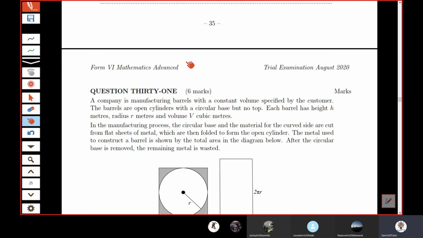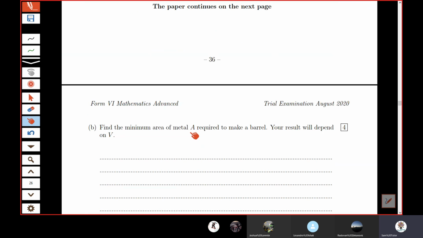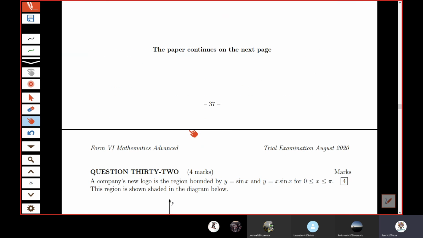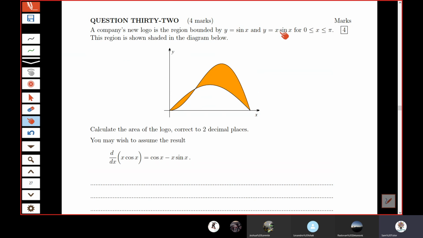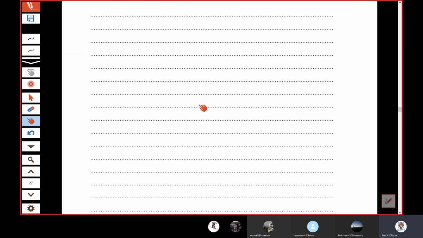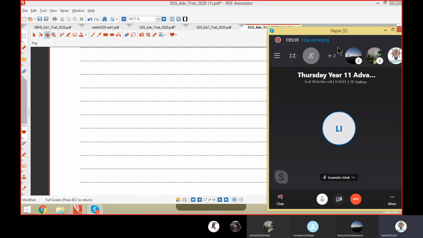Decreasing, that's for next year. That's minimum. That's areas, that's integration, and that's it. Okay. That was this year's Sydney